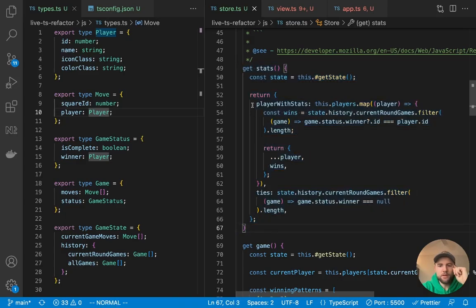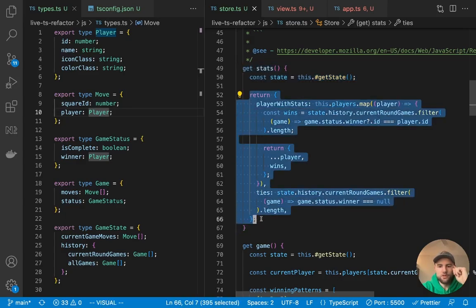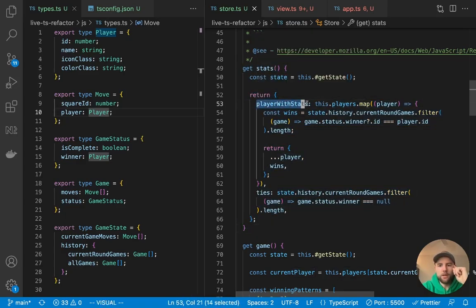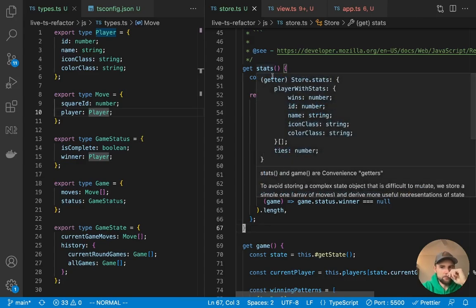And specifically, we're looking for this return type, which has a player with stats, which is an array of players with this wins property added. And then we have ties, which is just a number. Now, if we hover over stats, it will give us this inferred type, which is correct.